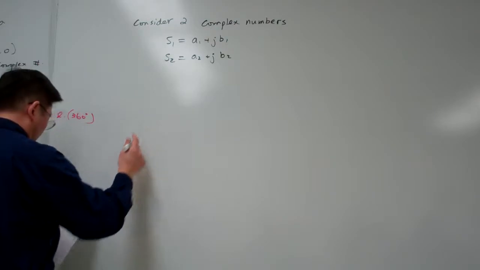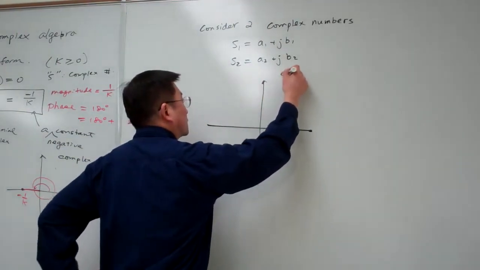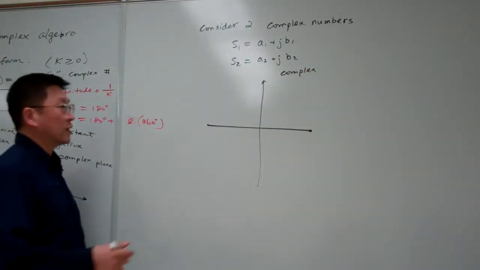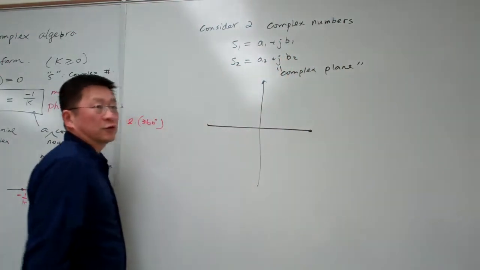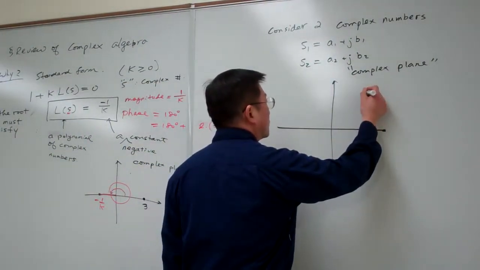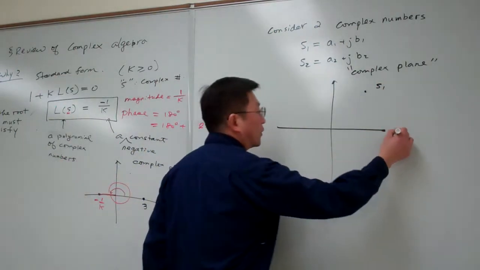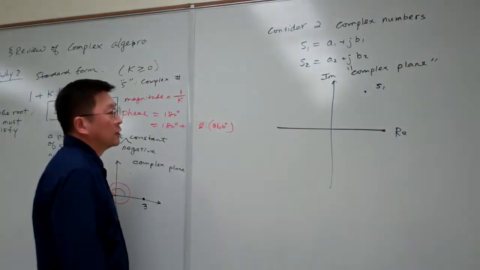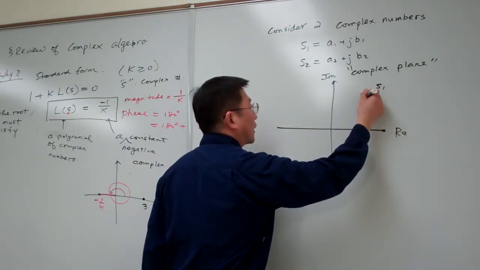So from here we have, for example, here let me label it. Any plane I'm going to draw in this chapter is what we call the complex plane. If sometimes I don't write these words, you should know we are working on the complex plane. Okay. So for example, here we have the S1 point here. Here is the real part, and here is the imaginary axis. Okay. So that means once we label this one here, that means here the S1, and graphically